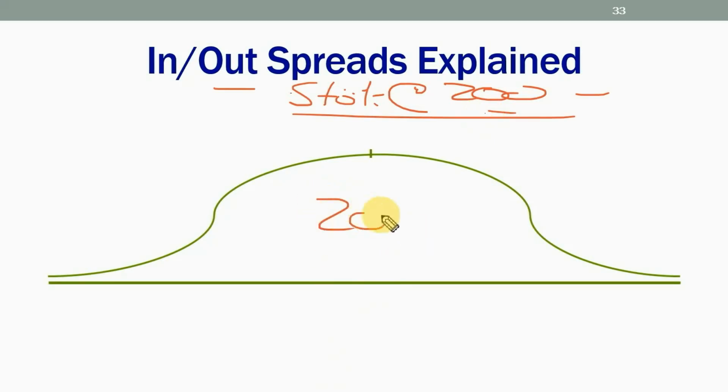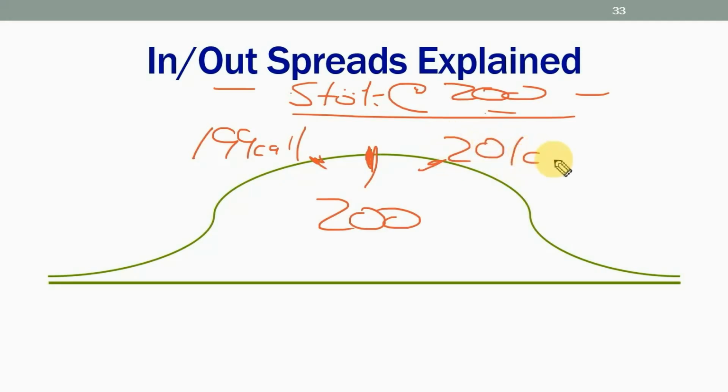If the stock is right there at 200, one strike in the money would denote this. If this was a bullish trade, for instance, this would be the 199 call, and then one strike out of the money would be something like a 201 call. One strike in the money, one strike out of the money. That's assuming it has dollar strikes. But I take you into this example because I want you to understand the context of why and how we build the trade.